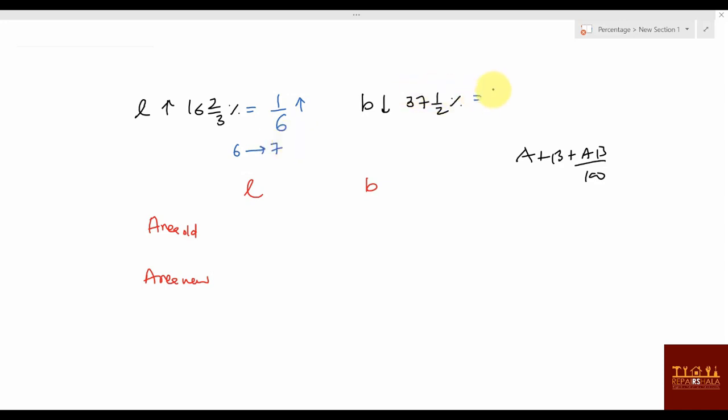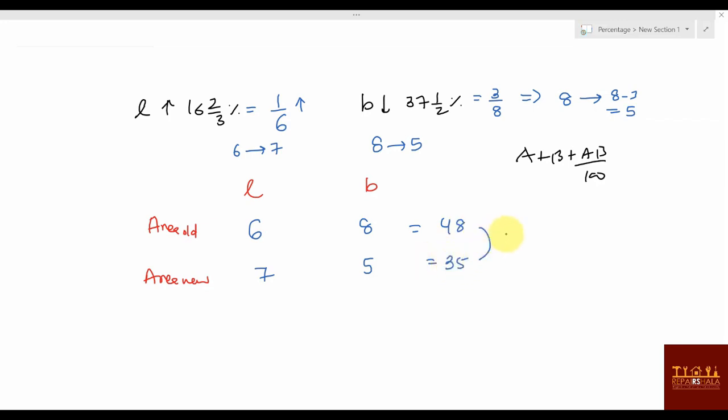This is reducing 1, this value is 3 by 8, or you can say that 8 will become 8 minus 3, that is 5. Reduction means what? The base will become base minus result. What is the result value? 3. Okay. So what you can say from here, 8 will become 5. Now you can say length about 6, 7 and this is 8 and 5. What you can say, this is 48 before and now it is becoming 35.